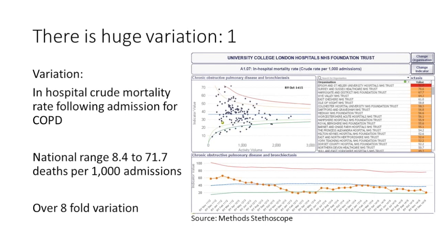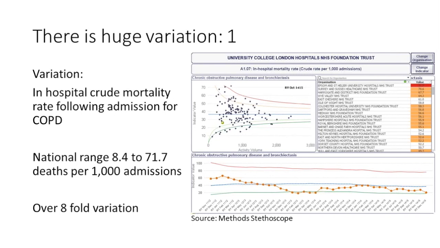This is another metric from UCLH, and I've just looked at crude in-hospital mortality rate. Now, I'm a fan of crude mortality. It's not useful for benchmarking because there are factors due to population and service which mean crude rates can't really be compared. But within a hospital, I would suggest that crude rate is a hugely sensitive measure over time.